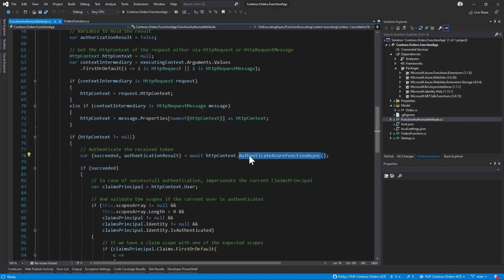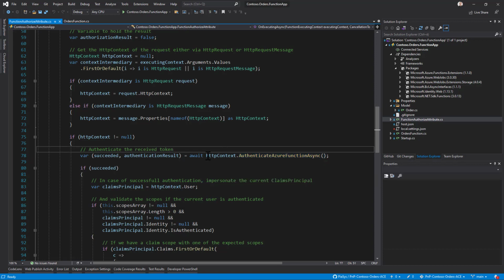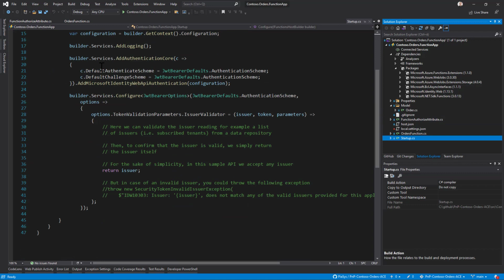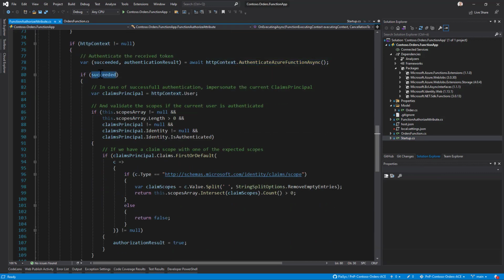And I rely on the Microsoft.identity web package to do that, so that I will simply make this method call and the validation will happen under the cover based on the configuration settings that I defined right here. Then, once I've validated a successful request from a valid access token, I can get in the context the user, which will impersonate the user defined in the access token that I will receive,